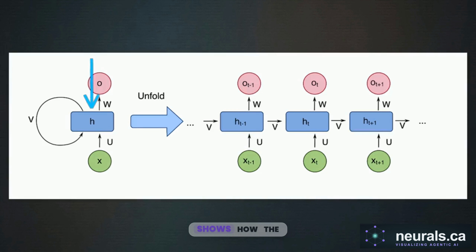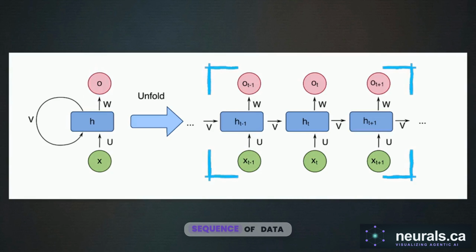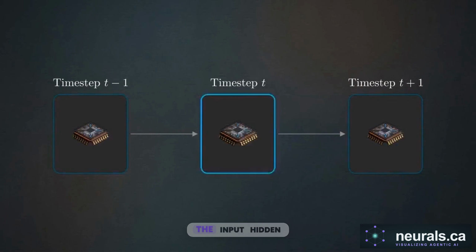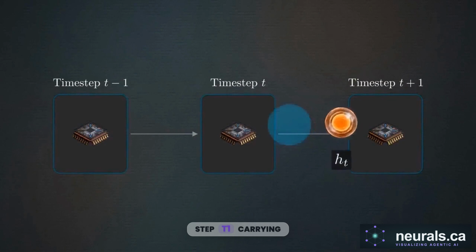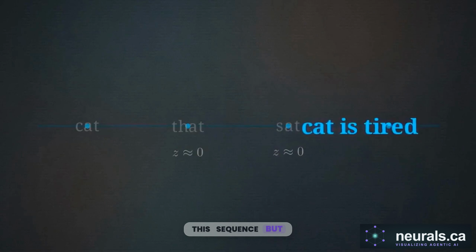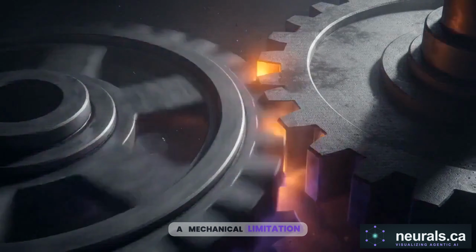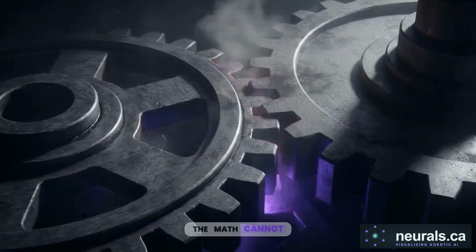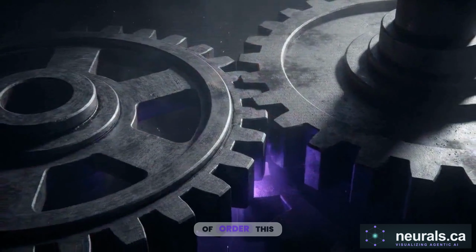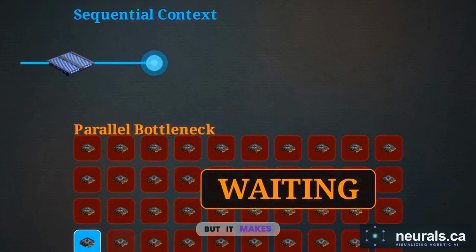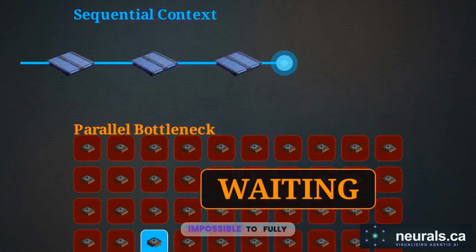This diagram shows how the isolated mass of a single time step unfolds to process a full sequence of data. The output hidden state of time step t becomes the input hidden state for time step t+1, carrying the accumulated context forward. Look at this sequence, but this design has a mechanical limitation. Because time step 3 absolutely requires the output of time step 2, the math cannot be computed out of order. This sequential dependency creates a robust information highway for context, but it makes the algorithm mathematically impossible to fully parallelize